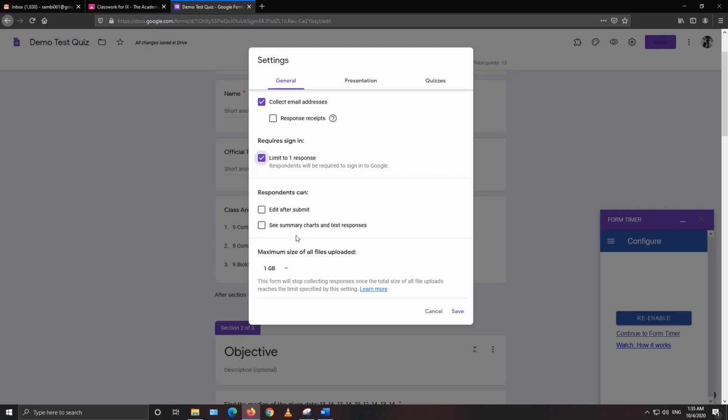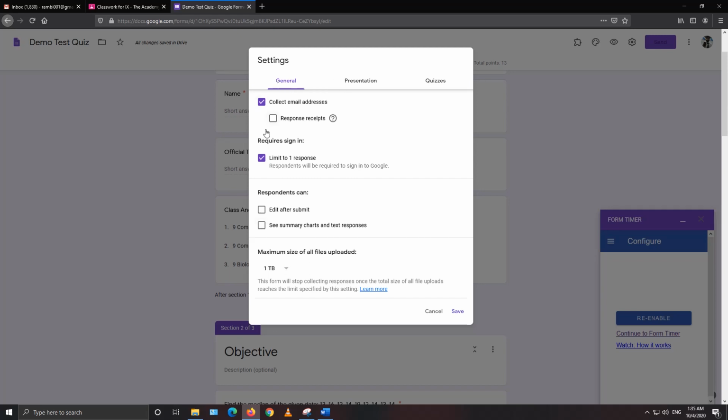Once I am done with that, I have to go to the bottom. You can see the maximum size of all files uploaded. You can set it to 1 TB to be safe. I think it will not exceed even 1 GB, but you can set it till 1 TB because we have a G Suite which has immense memory.